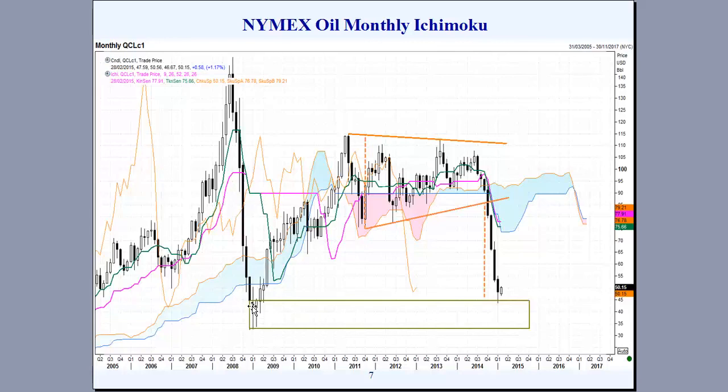Here we see the strong price rejection with the indecisive candles. We could see development of price action like this: continued selling down into this zone and the indecision develop, and then the eventual trend. But this is a very, very important level, extending roughly down to about that $34 level.